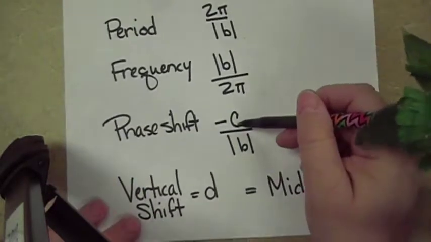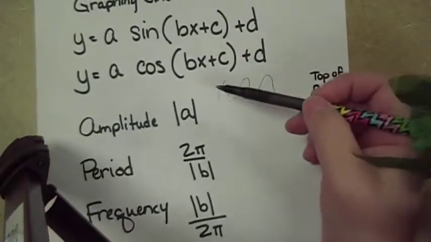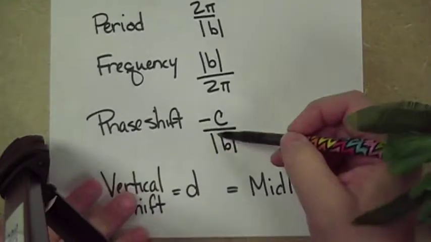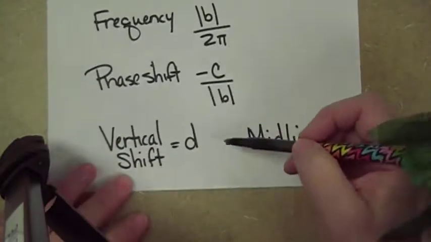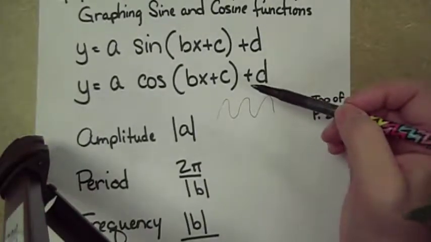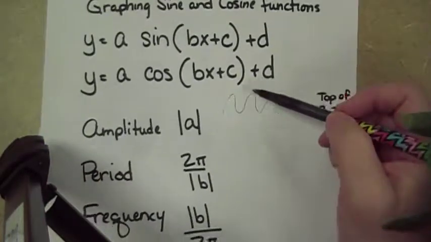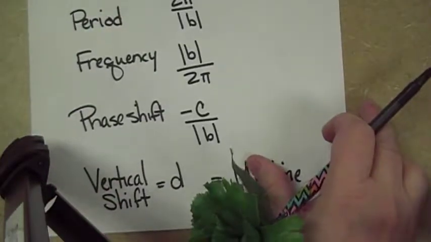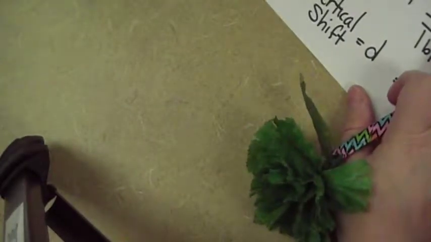The phase shift is the c value, which is this part right here. It's the negative c value divided by the absolute value of b. And the vertical shift will be the d, which is that part of the equation there. The vertical shift and the midline are the same thing. So if we're looking at the pictures of it,